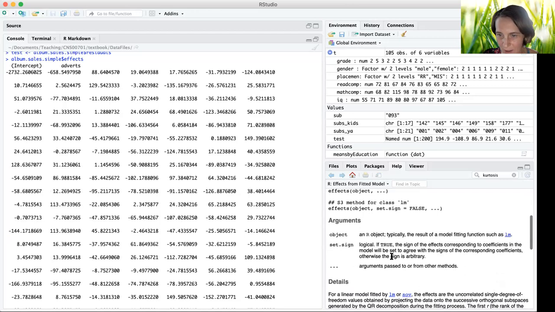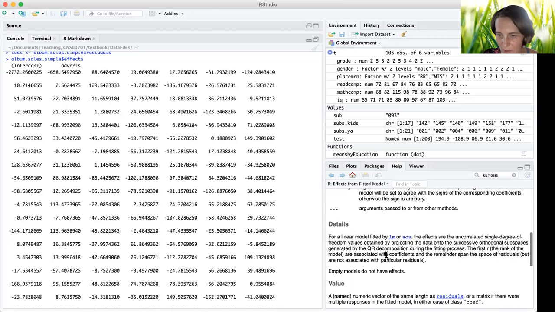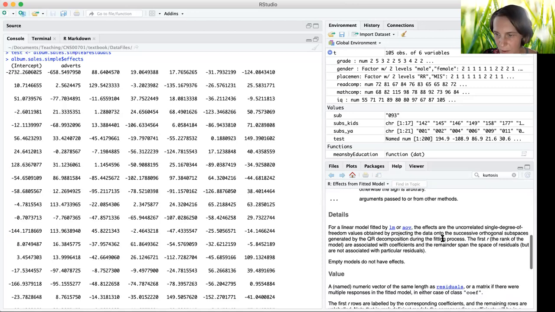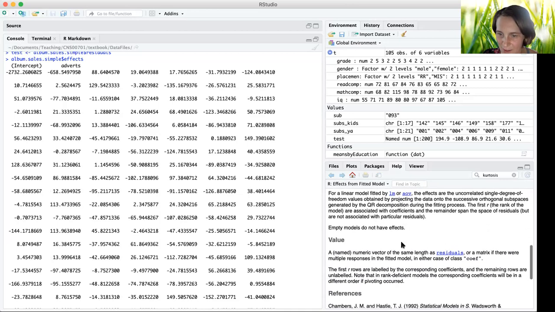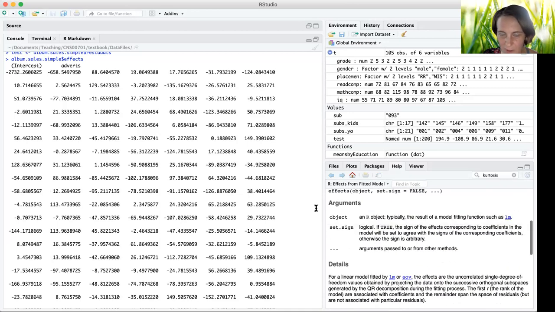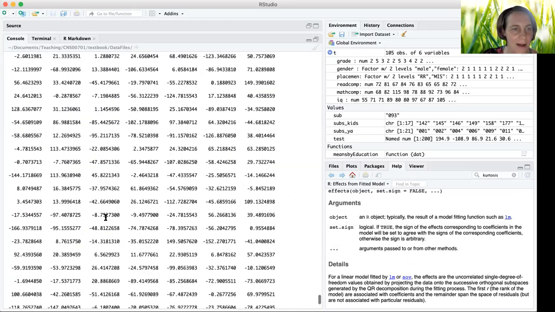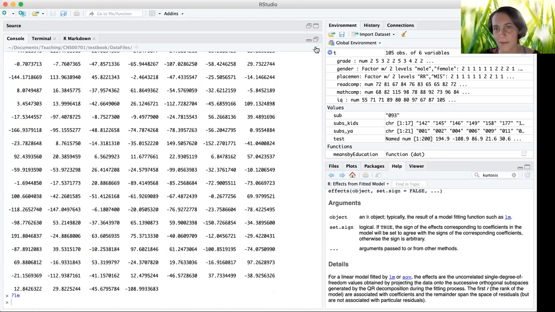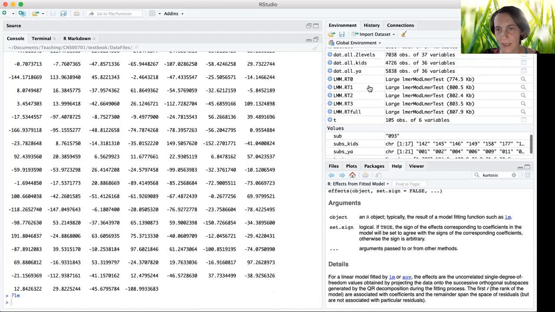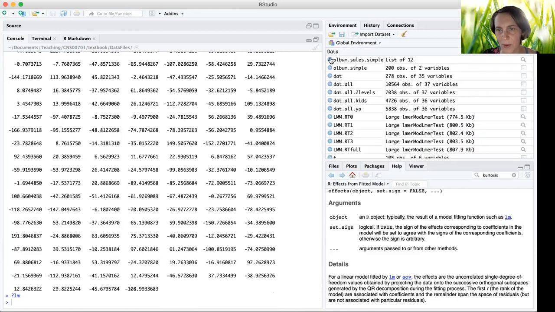So fitted from lm, for a linear model fitted by lm, that's what we did. aov is the same thing, just for an ANOVA. The effects are the uncorrelated single degree of freedom values obtained by projecting the data onto... So these are your predicted values. Okay, so that just gives you an idea of what you have in your model,